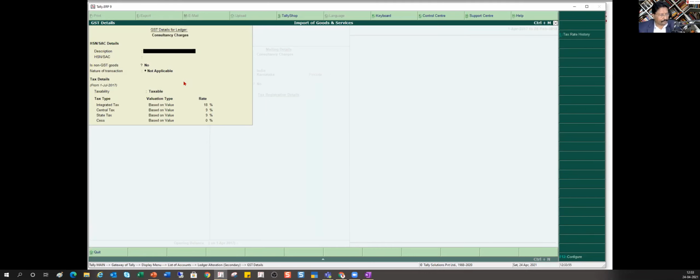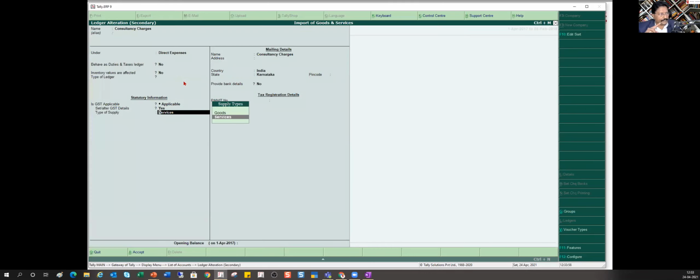Then the other thing here is goods, services, and then one more is capital goods. This breakup is required for you in your GSTR 9. So when you create this master, you can always select this as services, goods, or capital goods. I'll show you how you can set it up for capital goods also. If you select goods, Tally will give you these three classifications, all your input credit. We have also given 9, though we don't call it GSTR 9 in Tally, because you cannot export a JSON file from there and upload it.